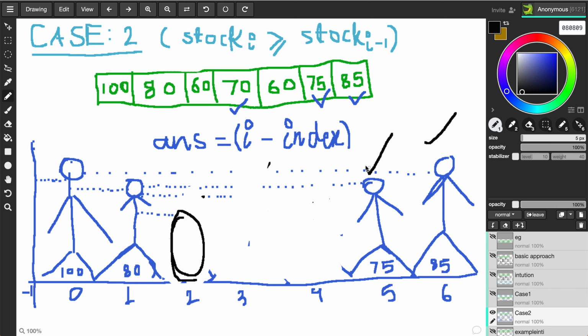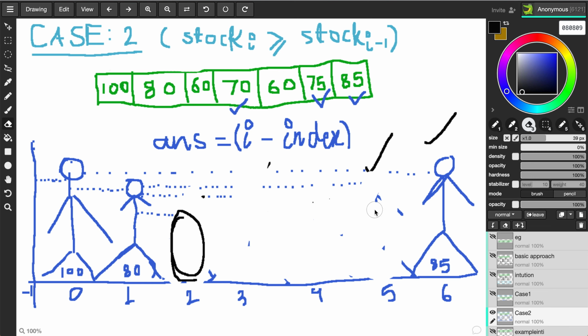So if we talk about the 85, it will pop this one out as well. I mean, we'll erase this one, and for this one we'll just compare the current index and the index of the guy whose value was bigger than this. Sorry, in this case we will also erase this one, because this is not going to help us anymore, because we know there is a guy who is bigger than this. So in this case the answer would be 6. So let's see how we can use this.